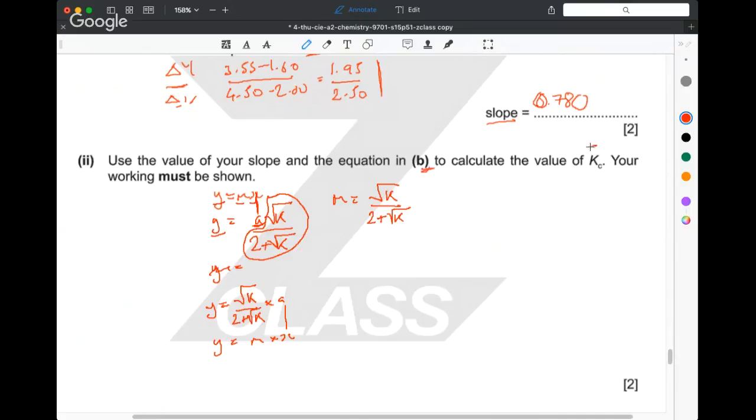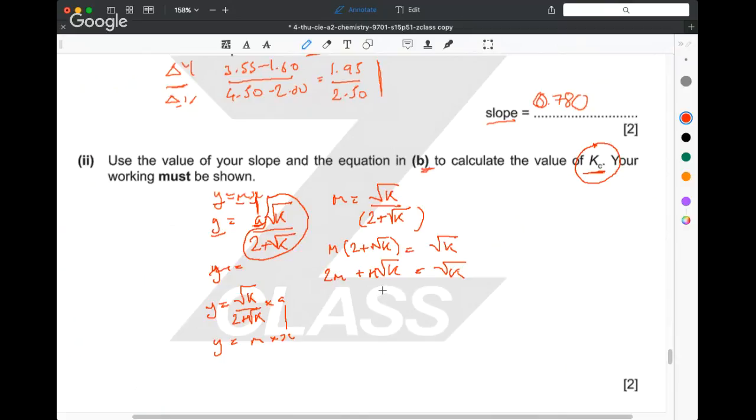Now, we've got to calculate the equilibrium constant, haven't we? So we've got to make Kc the subject of the equation again. So we've got to do a bit of rearranging here. If I multiply both sides by that, I then get m times 2 plus the square root of k is equal to the square root of k. And so I have 2m plus m root k equals root k. I'm sort of rearranging here. And if I rearrange that,